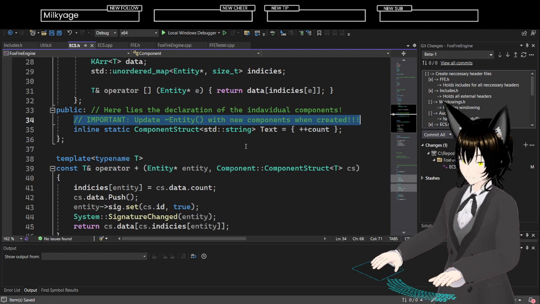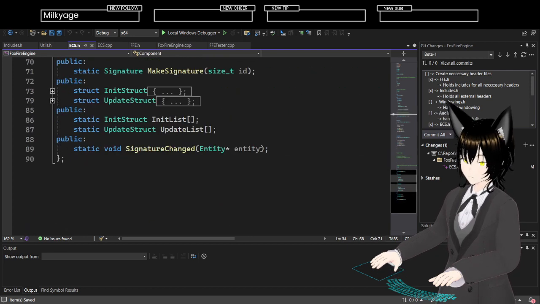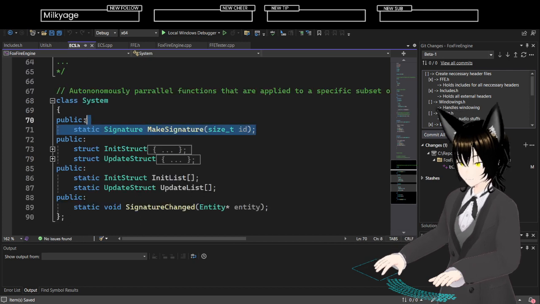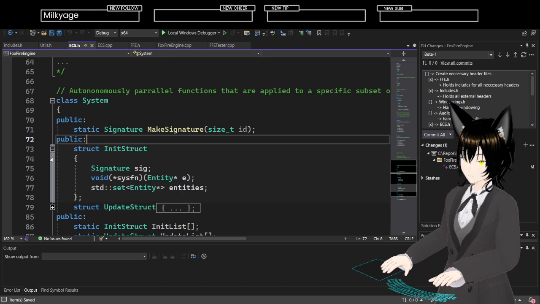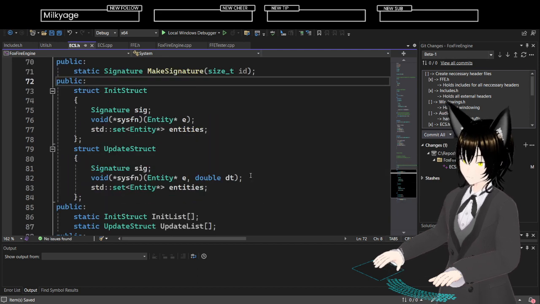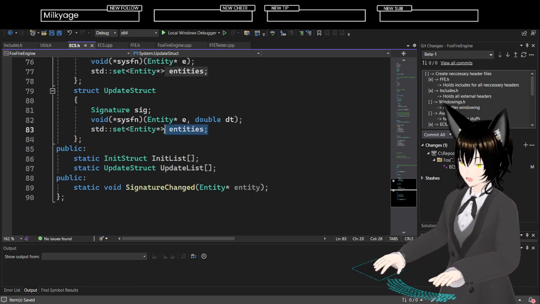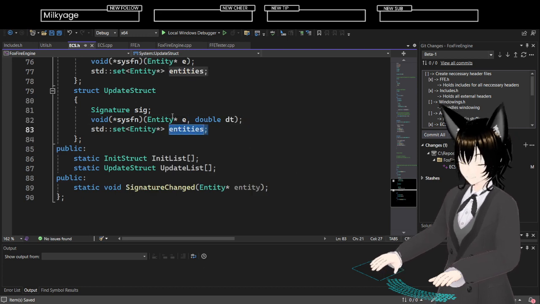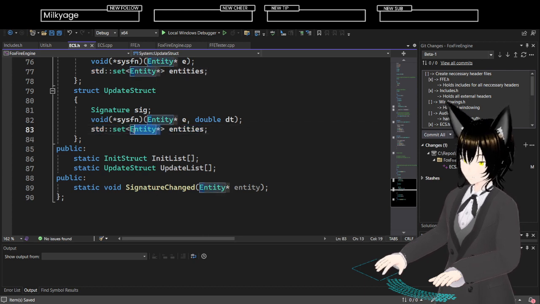Another thing that I want to change is signatures. I don't like signatures. I don't like the fact that I'm holding a set of entities. I also don't like the fact that I'm passing around a bunch of pointers.